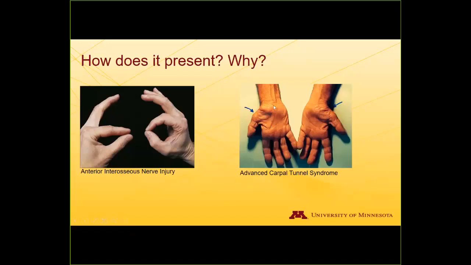But it gets to a point where the nerve is basically no longer sending motor signals, and because of that, the muscle wastes, right? Because the nerve has been so severely damaged. And that's what we're seeing here. This is advanced carpal tunnel syndrome. It really shouldn't have ever gotten this far along, right? But yeah, so